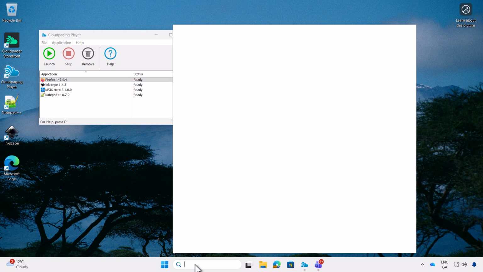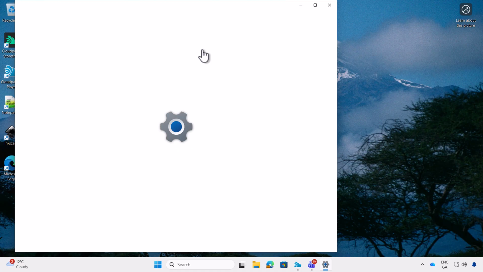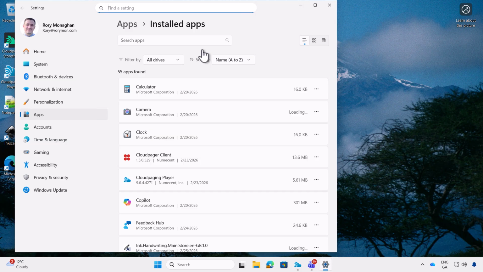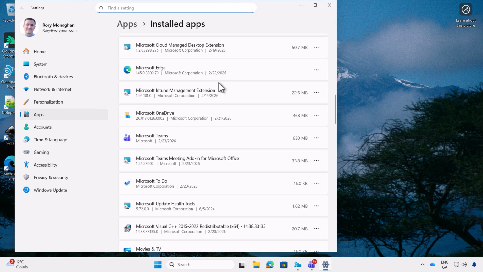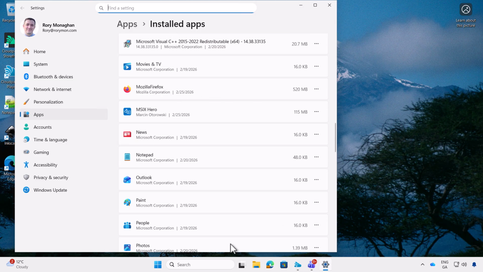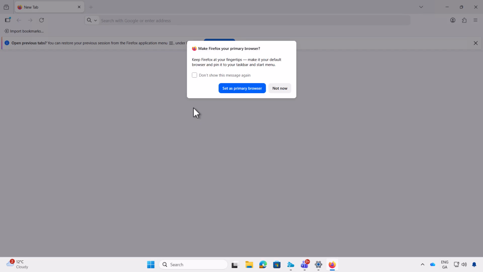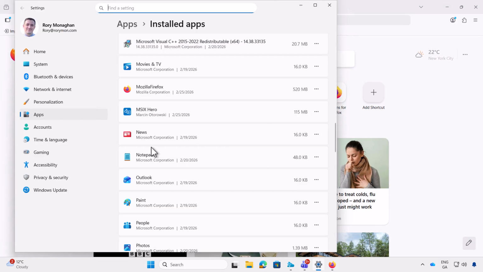And if I go to installed apps, for example, and look at the list of the applications that are installed on this Cloud PC, we should see a list of applications. And if I scroll down, we should see that our MSIX applications are also listed here. And if I launch Firefox again, just to show you some of the features and functionality you might expect with an MSIX application, and then if I browse back to the installed apps list and click on the hamburger menu and the advanced options,